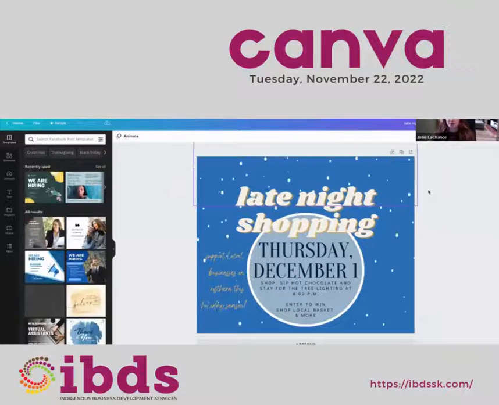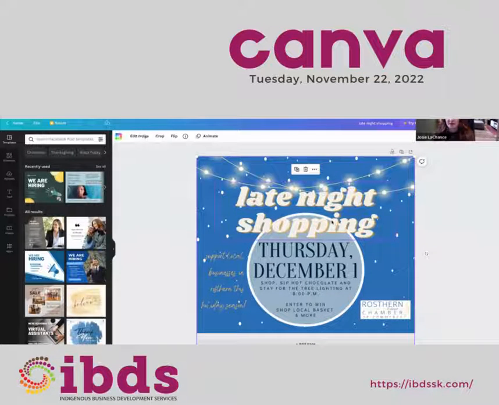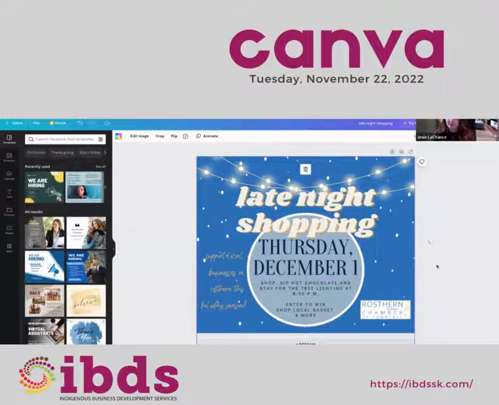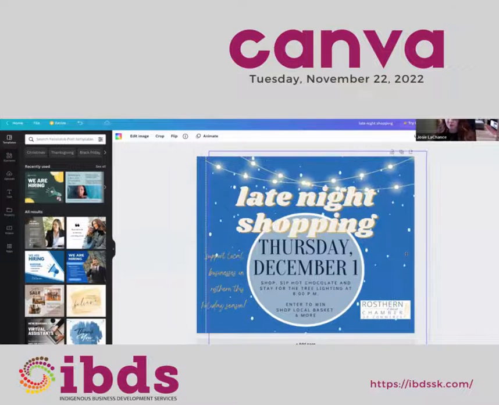I've got these string lights, I've got this overlay of snow falling, and maybe I don't want these to move around, so I can just group them back together. That way, when I'm moving other stuff around, it doesn't get lost. This all stays together as one, and you don't have to worry about it.